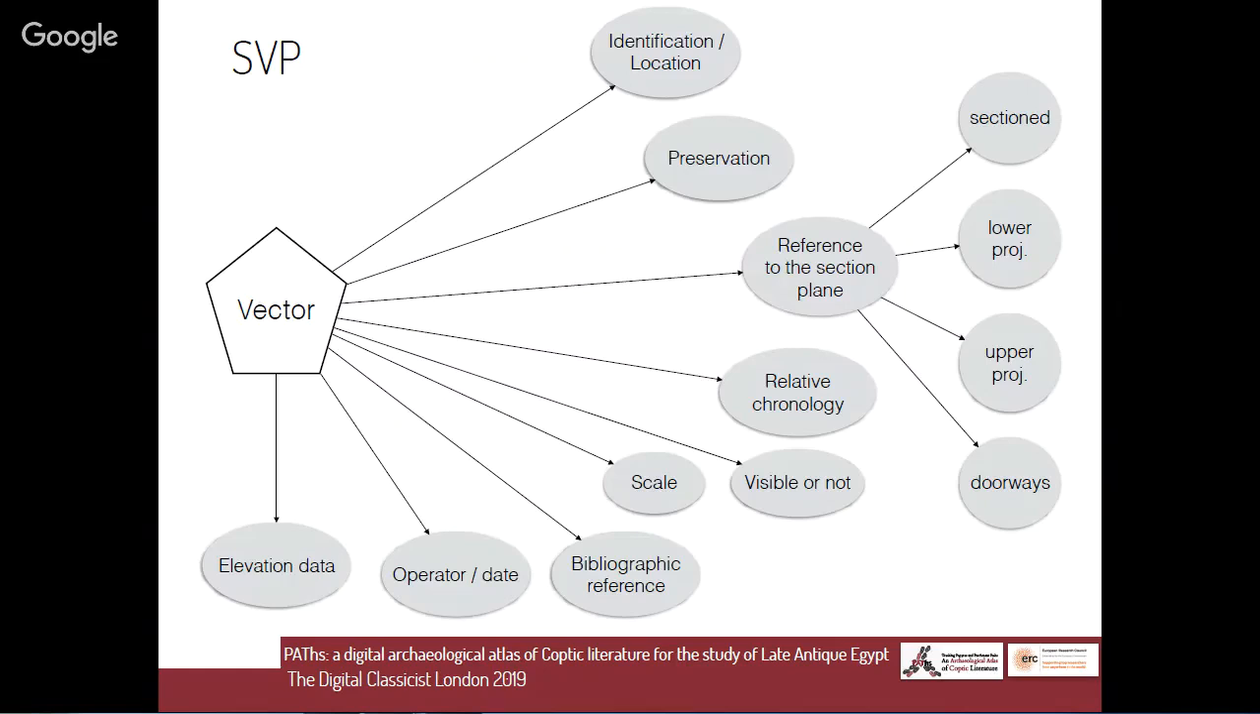For each vector that we draw, we provide identification, location, state of preservation, the reference to the section plane, while the structure is a section, a lower projection, upper projection, doorways, etc. We give chronology, phases, whether the structure is visible or not, scale, the bibliographical reference where this plan has been published before, and metadata on the operator who did the vectorization process and the date when it was done, and of course,